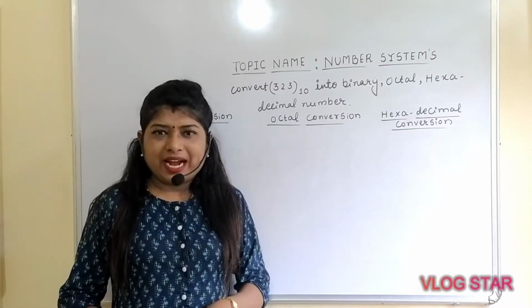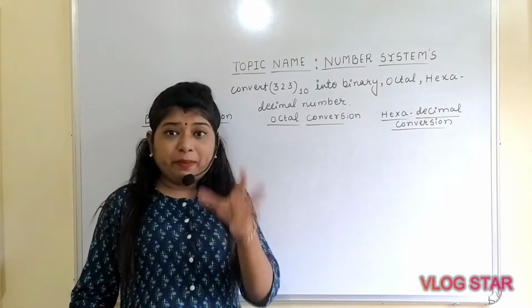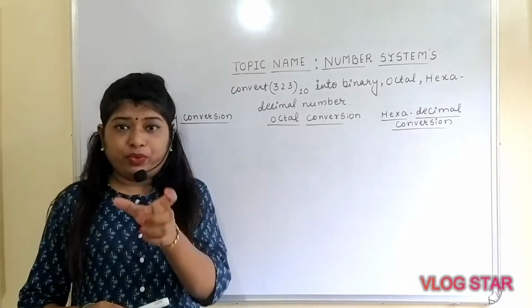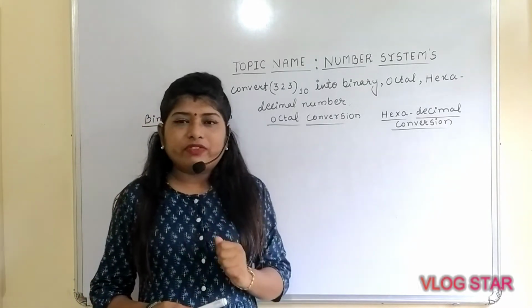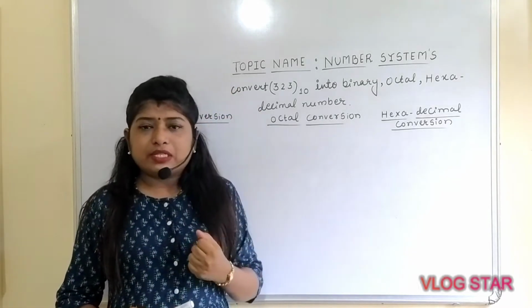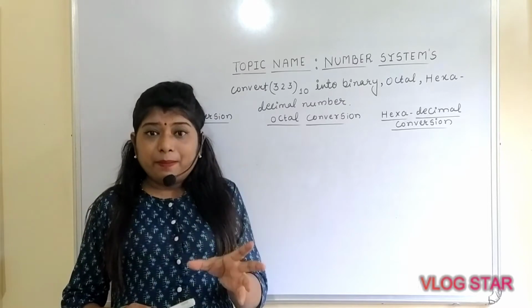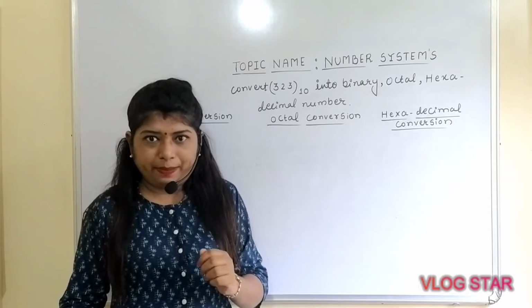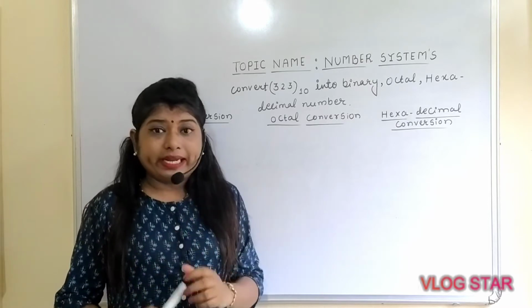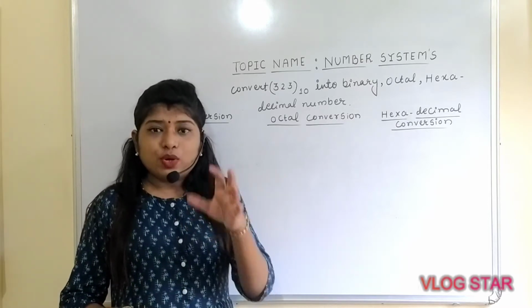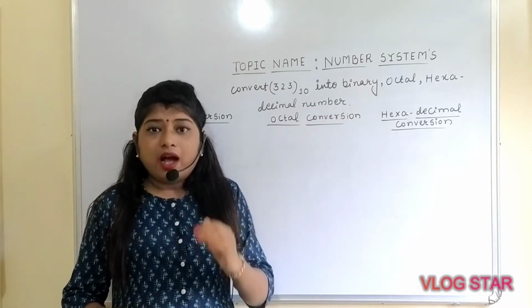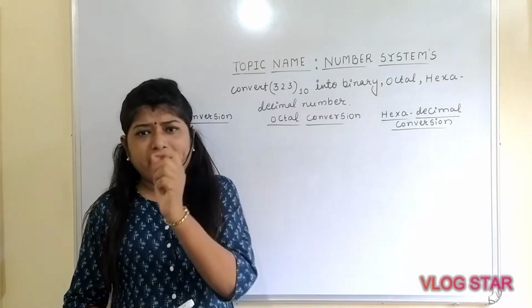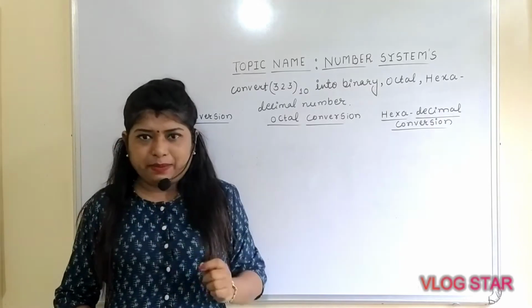In last lecture we had studied method number 2. Do you remember that method? In that method we had studied power of 2. But there is one drawback of that method. Can you just tell me what was the drawback? If the number is bigger one, that method is not applicable. That would be a very complicated method for you. Am I right? So my suggestion is, apply method number 1, that is division by binary, octal or hexadecimal number.